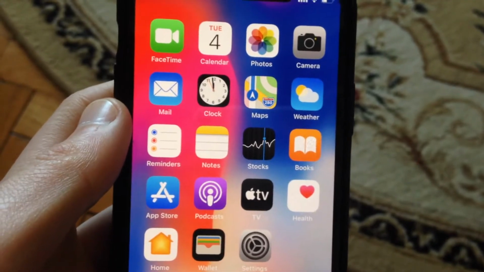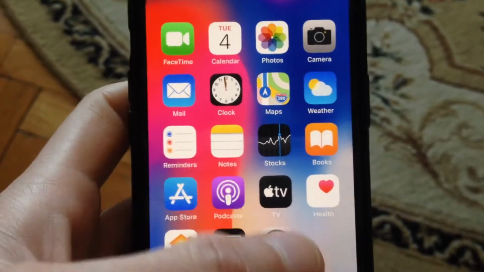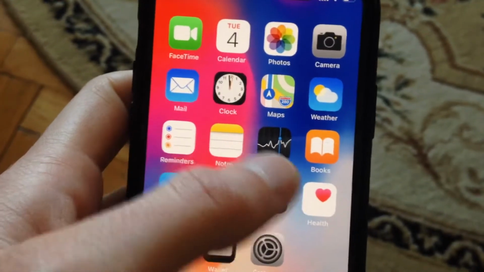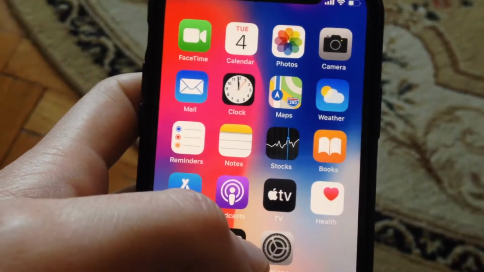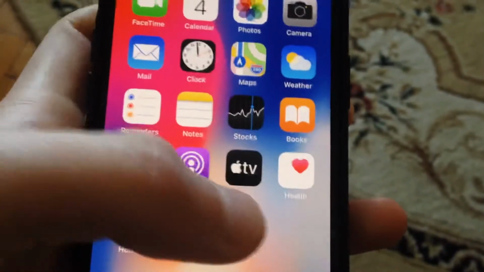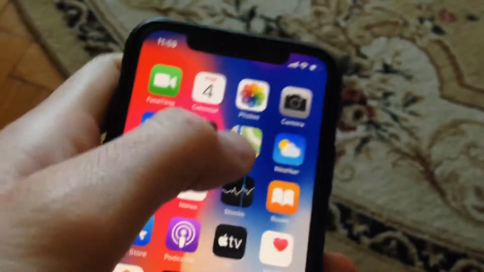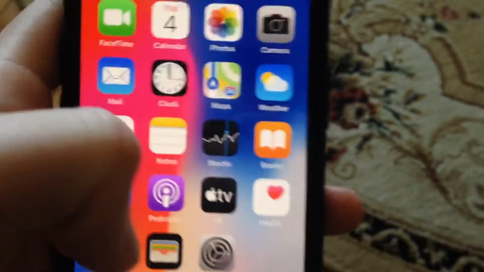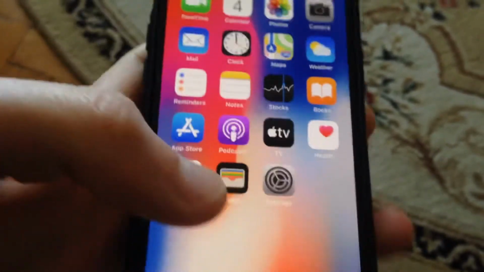So if you can't send someone a file on AirDrop, and you just don't see this device, how can you fix it? First, you need to unlock the device you want to send the file to. If you just lock it, you won't see this device on your iPhone. So you just need to unlock your device, and if it doesn't help, if you still have the error,